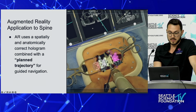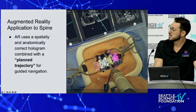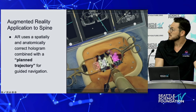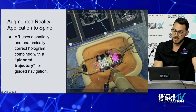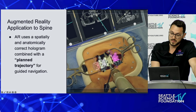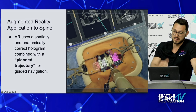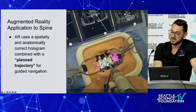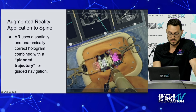Specifically with the use of spine, like I mentioned, this is going to be projecting an anatomically correct hologram combined with a planned trajectory for guided navigation. This is just a clip where you can see where the trajectory is planning. You'll be looking down at the patient, and a heads-up display will be in front that shows the slices of your images, which you'll be able to pan through,